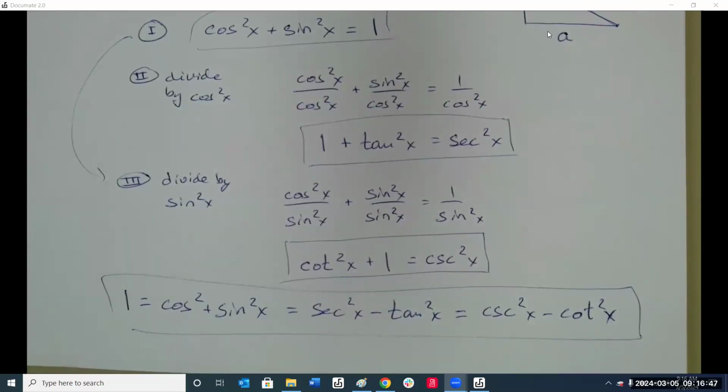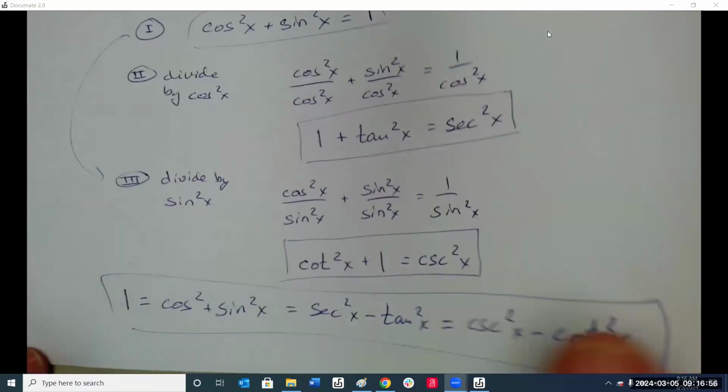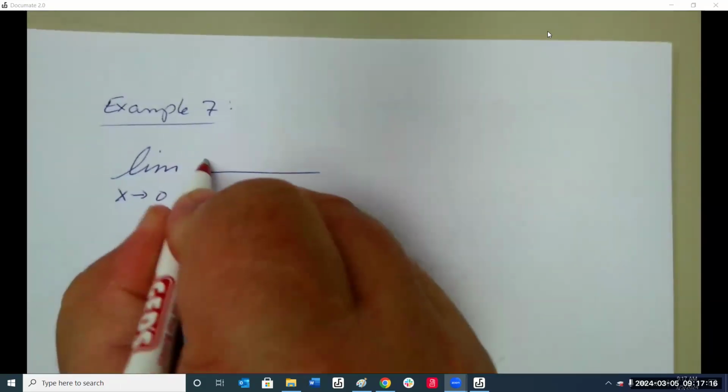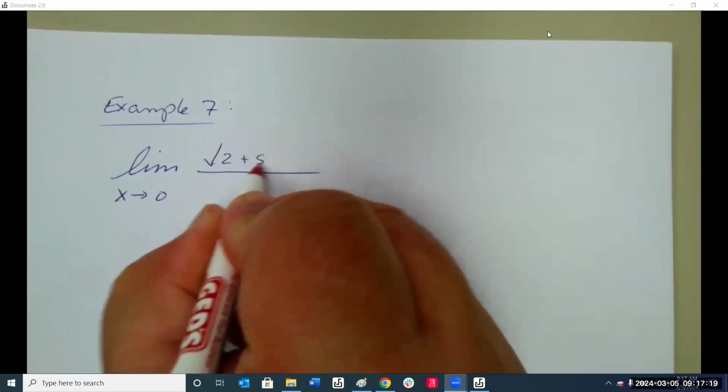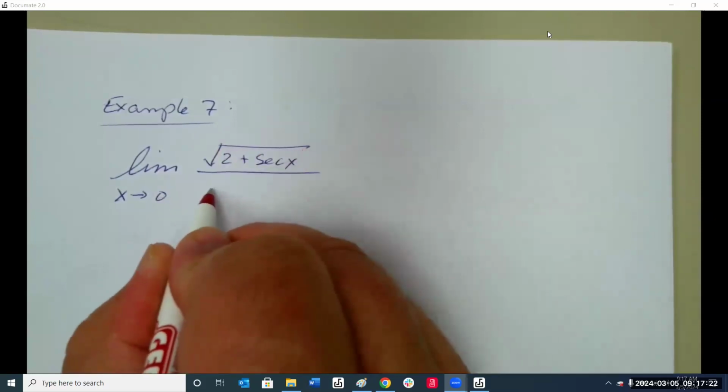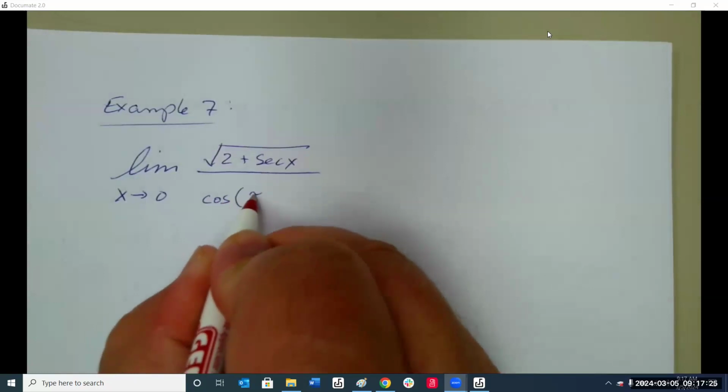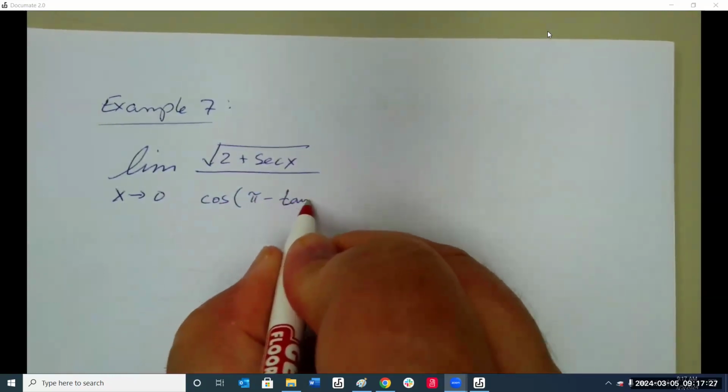So those are the identities. Again, knowing these will save you a lot of time also. It may be easier to do derivatives or integrals with these. Example 7 simply says, if we're taking the limits of trig functions, we can use direct substitution. So if we take the limit as x goes to 0 of radical 2 plus secant x over cosine pi minus tangent x,